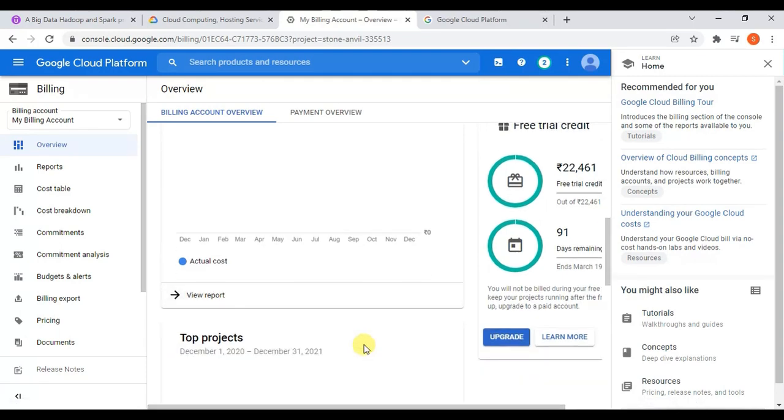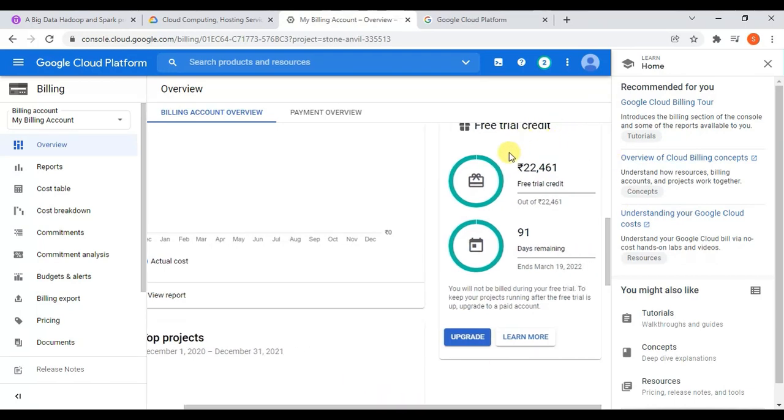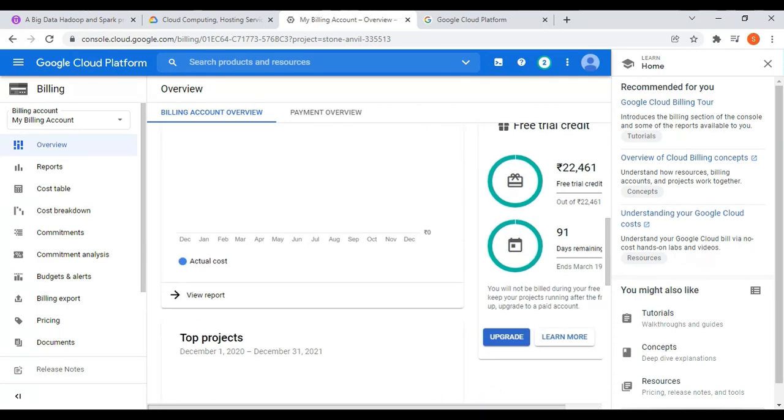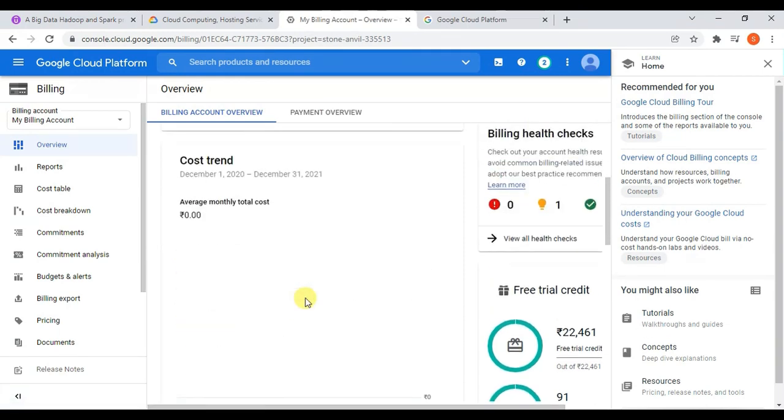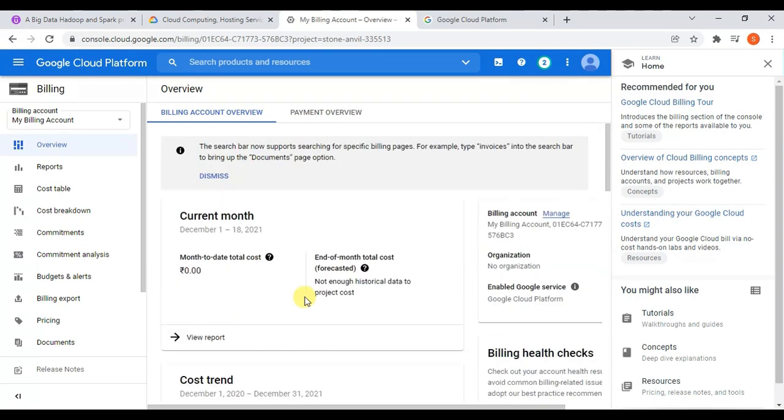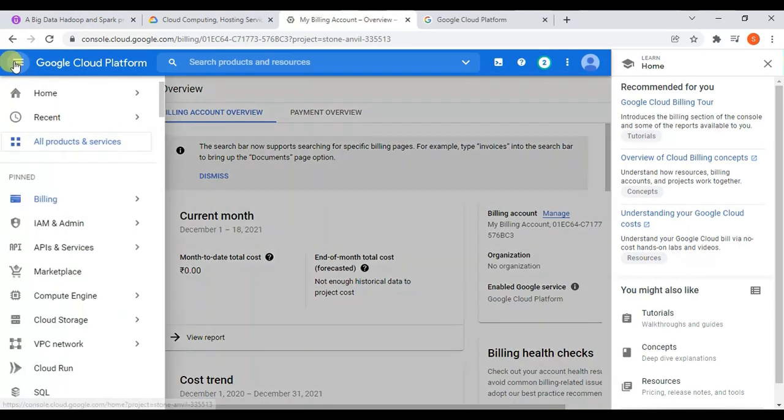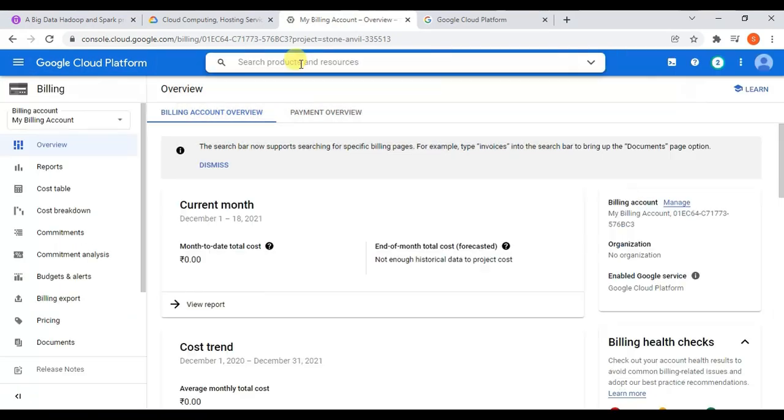Those kinds of information you can see in the billing section. And here, this is the amount, and they are giving 91 days. If you really want to upgrade, you can upgrade, that's as per your wish. But this is the page where we can see the billing section. Now I'm going to home.